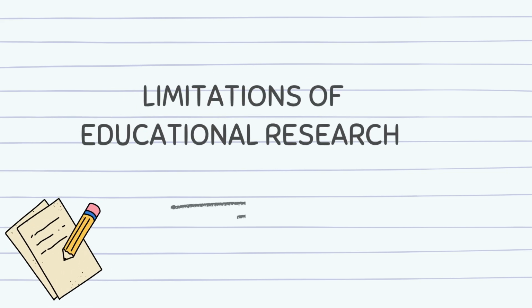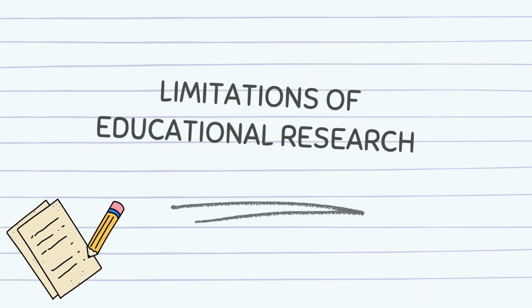5. Subjectivity and bias. Despite efforts to remain objective, bias can creep into educational research. Teachers, students, and even researchers may unknowingly influence the outcome. For example, students may perform better simply because they know they are being studied, a phenomenon known as the Hawthorne effect. Similarly, a researcher with a strong belief in a teaching strategy might interpret qualitative data in a way that supports their viewpoint. These biases can distort findings and affect credibility.